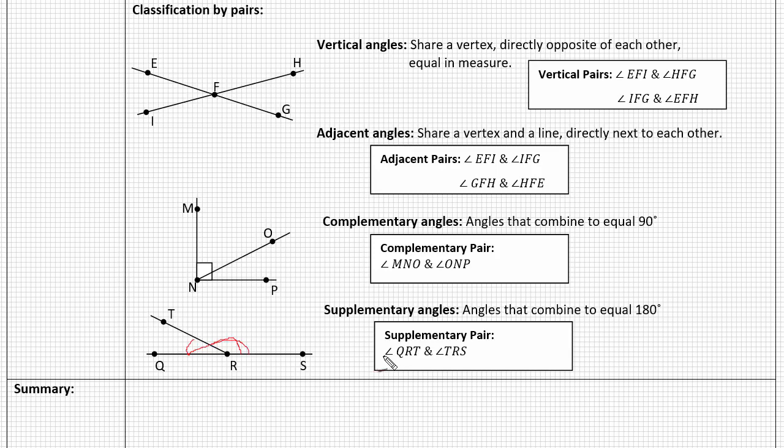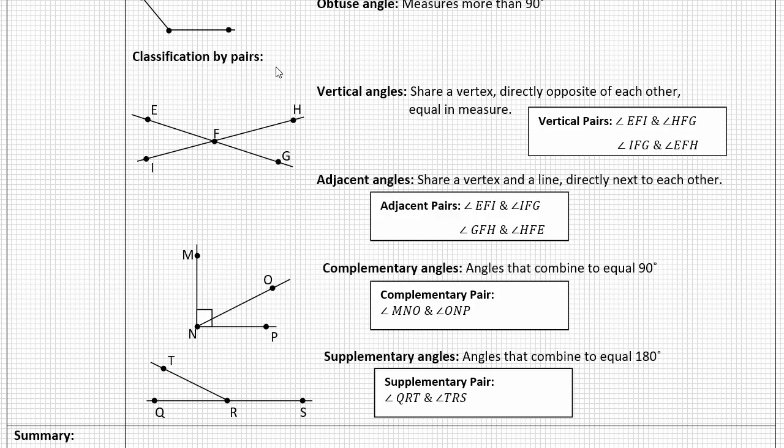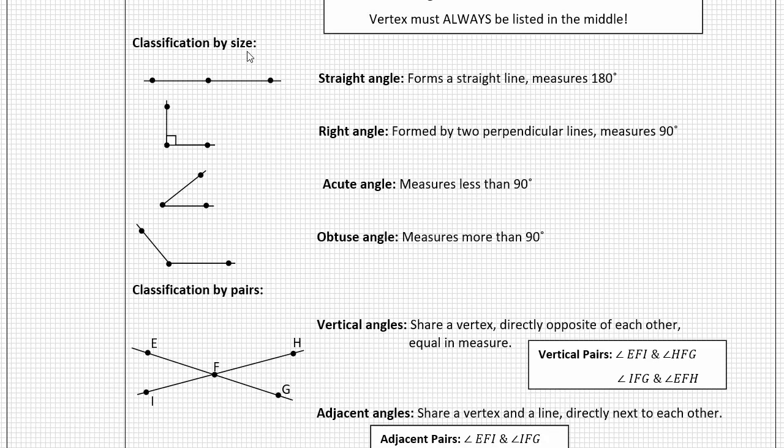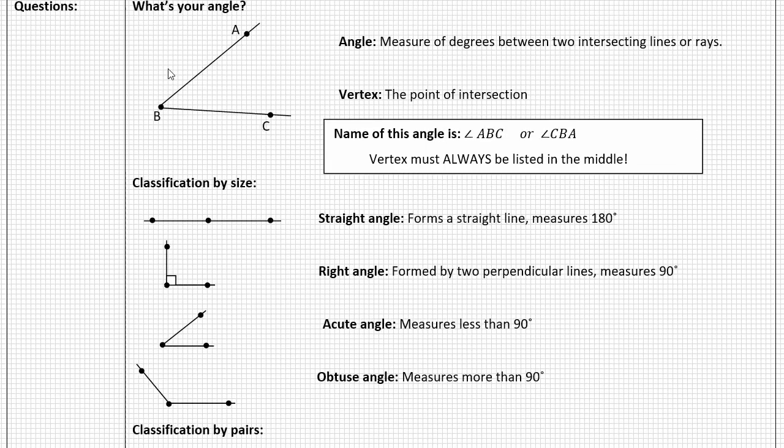That makes them supplementary. So there's two different ways to classify angle pairs and angle relationships, and that is by pairs and by size. And it's important that we know how to describe the parts and name